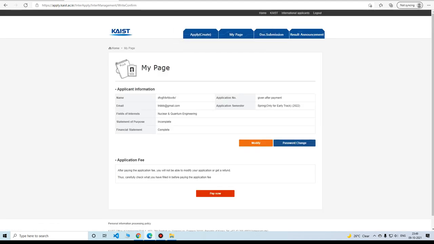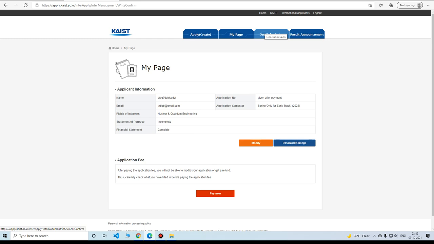So yes, if you have finished all of your application, all of this would be completed, and just click on pay now. After that, your application is not complete, that is just one part of it. So there are several more things you have to do. First of all, make sure your recommendation letter is submitted before 29th October. Be in constant communication with your recommender, and make sure your recommender is a teacher you really got along well with, because this is very important.